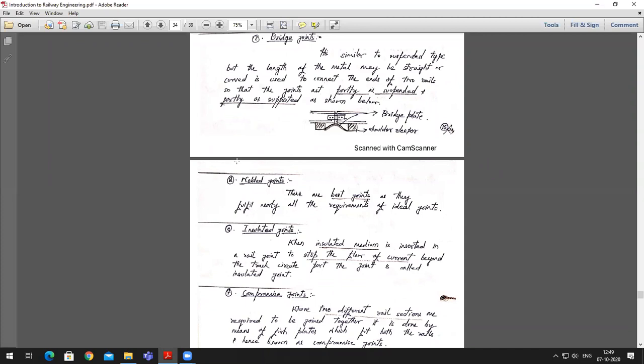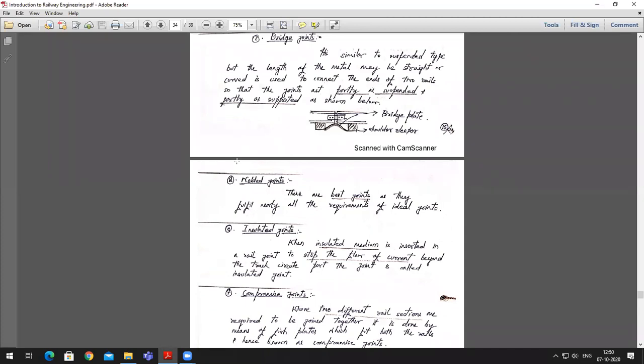Keeping this in mind, after a lot of research, these engineers or researchers found this, and that is when they adopted the practice of welding a number of rails together, and after a certain number of rails you again provide a fish joint. Say at one point you have used a fish joint, then you will weld four rail sections of 12 meters each, and then again provide a fish joint.